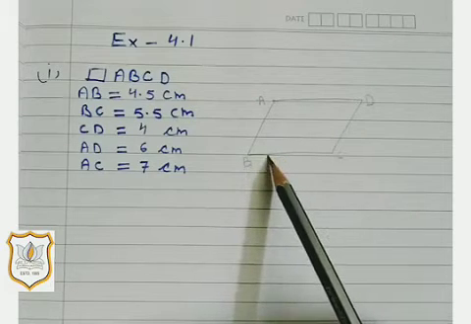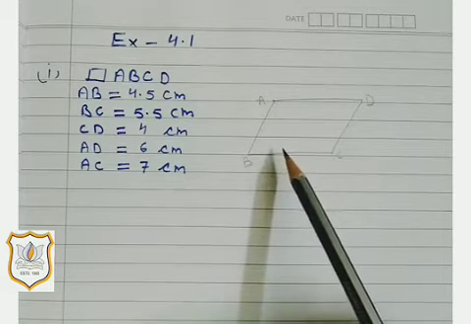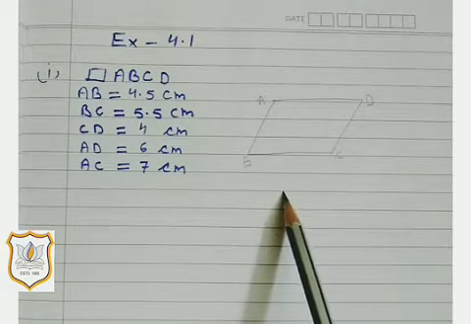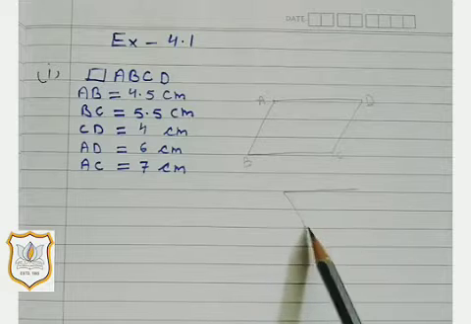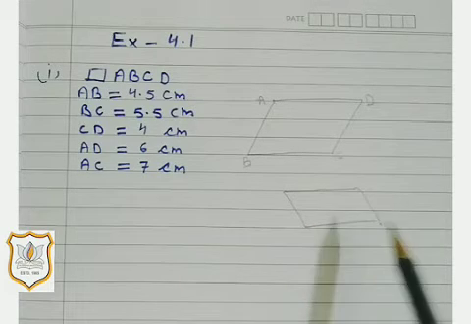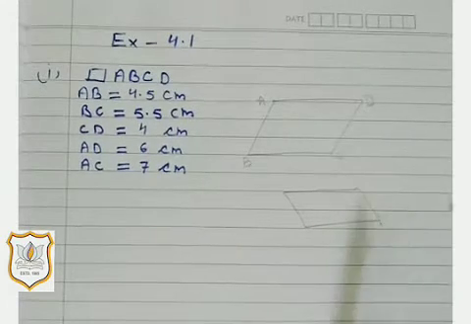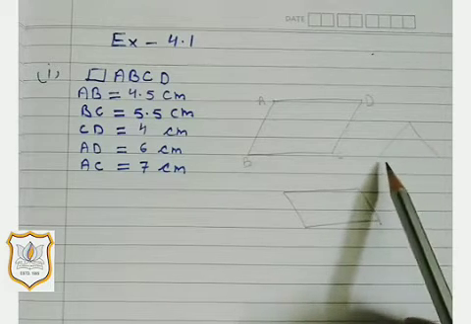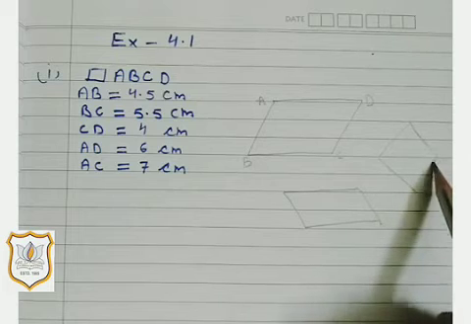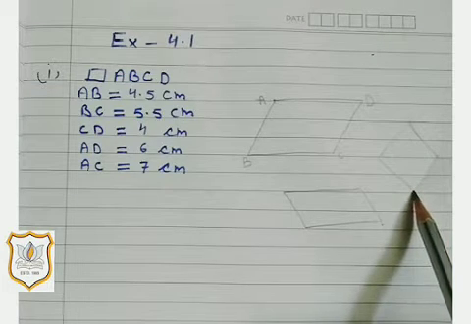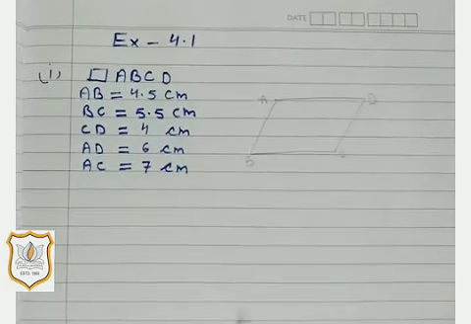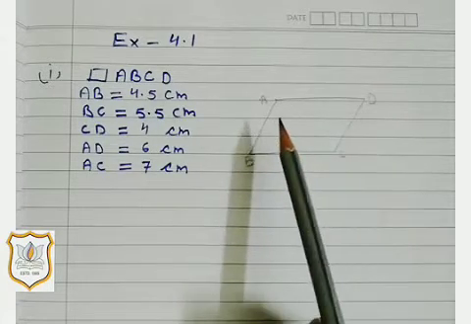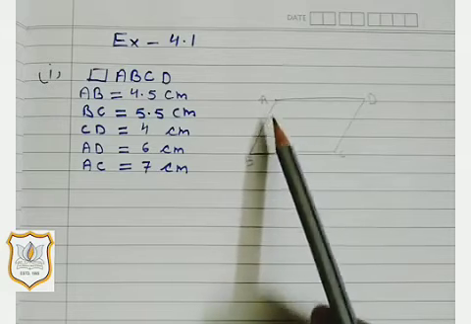This is your choice. And students, you can draw the rough sketch like this. This is also your choice. And like this. This is totally your choice. That is how you draw a rough sketch. So I have drawn the rough sketch like this and I give the name of this quadrilateral as ABCD,